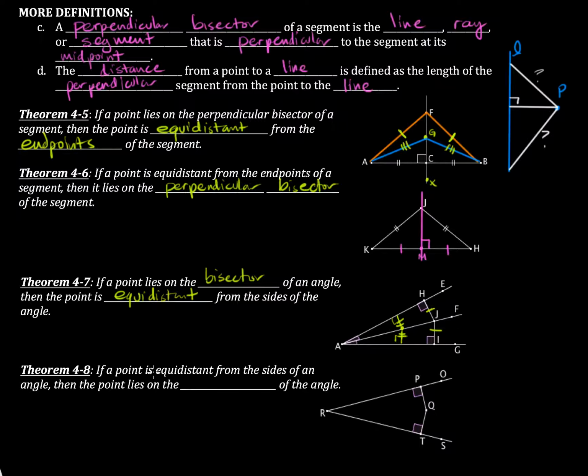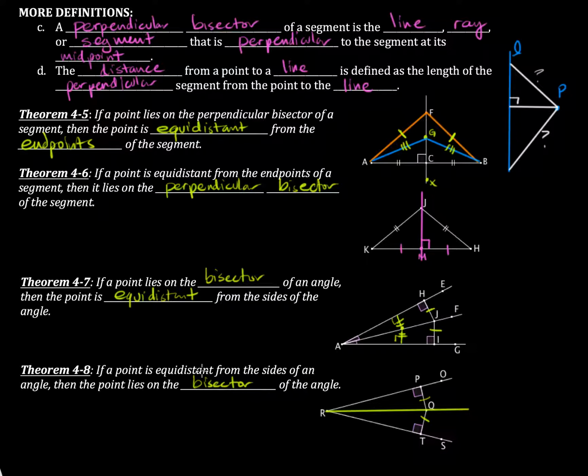Theorem 4-8 is the converse of Theorem 4-7. If a point is equidistant from the sides of an angle, then the point lies on the bisector of the angle. So in this picture right here, you'll notice that if Q is the same distance away from P as it is from T, and that these are right angles, that means that if I connect R to Q with